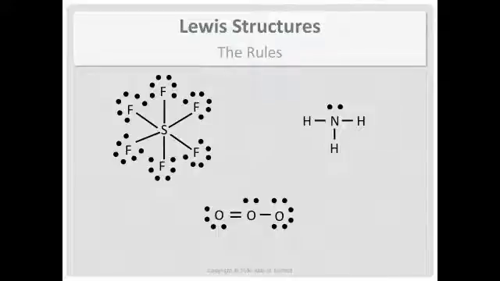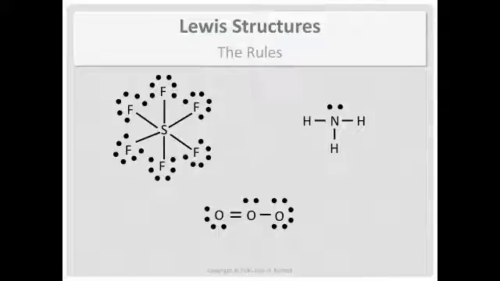How are you supposed to know, on the left, that the 6 fluorines are bonded to sulfur? On the right, how do you know that hydrogen has a single bond with nitrogen and that there's what appears to be a lone pair of electrons, the 2 dots, on nitrogen? For the bottom one, on ozone, how do you know that there's a double bond and all the electrons distributed the way they are? How are you supposed to figure it out?